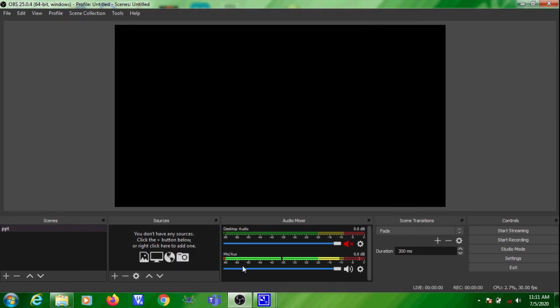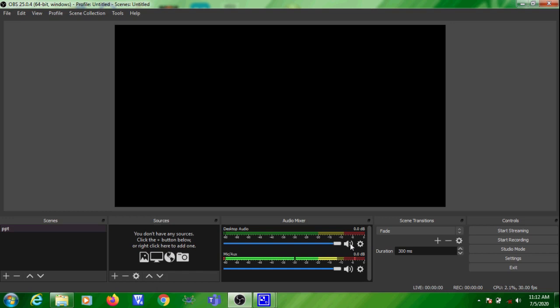Then the next setting you need to do is with the mic. Before starting the screen recording, you need to verify that mic is enabled. If the mic is enabled, you can see the volume bar moving like this. But here you can see that you can enable the desktop audio also. Say if you want to screen record while playing a video, then desktop audio should be switched on. You need to select like this. But now since you are not having any desktop audio, it is not showing the bar.